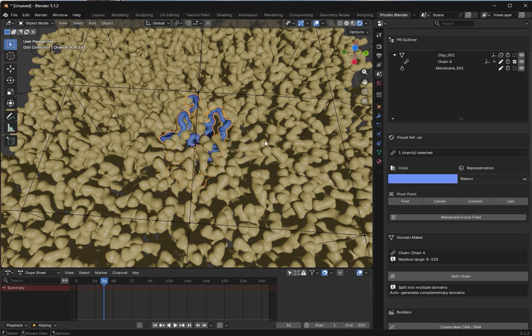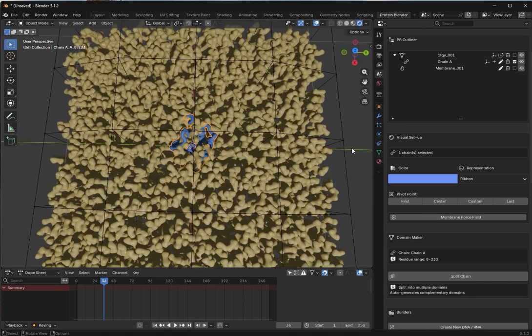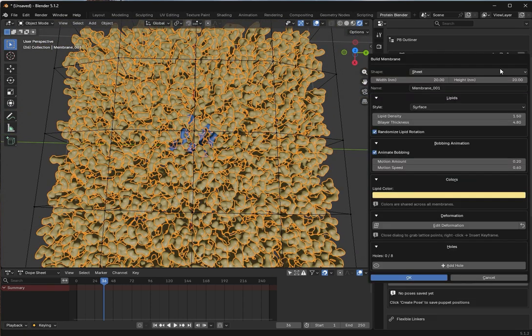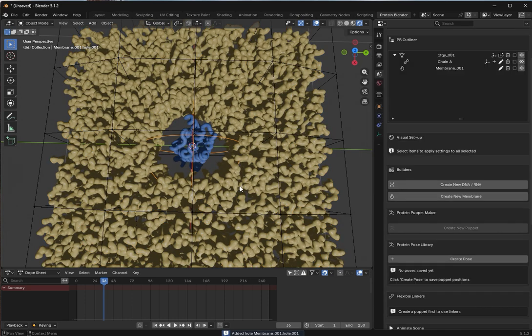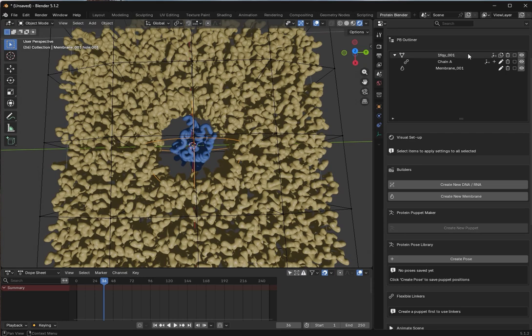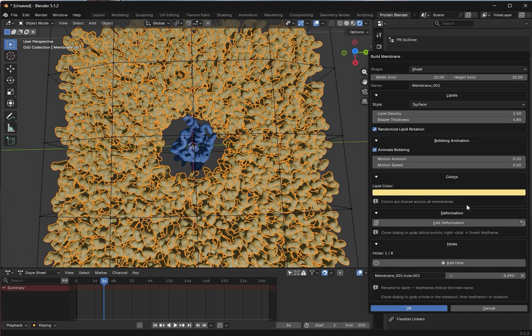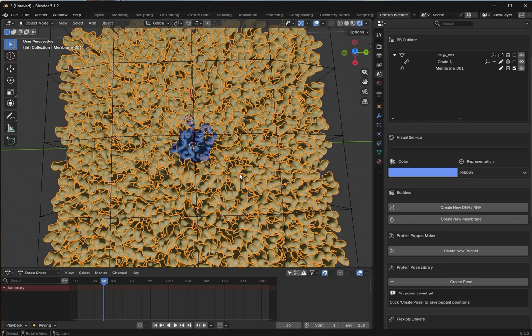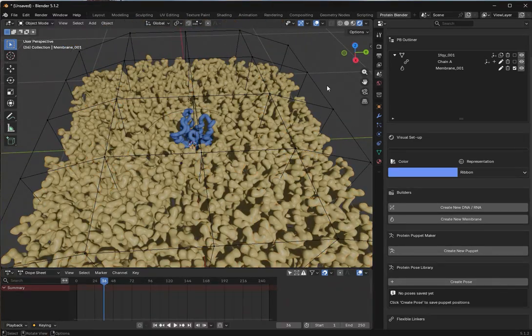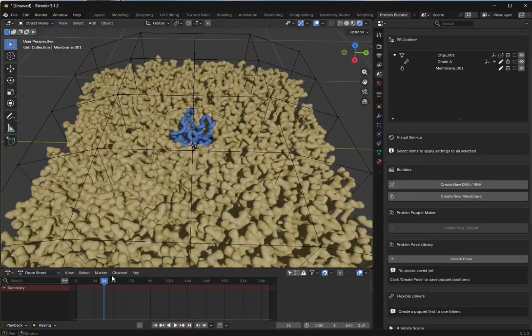It's an aquaporin. Another interesting, fun option that we have for these membranes is that we can make a hole in them, which is great for tiny proteins like this. So here I'm going to add a hole. You can see the hole is relatively big. We might want to make that a little bit smaller. So I'm going to make this radius a little smaller, to better match the size of our aquaporin. Now you can see